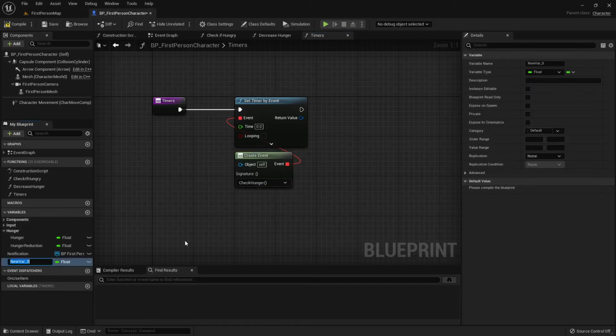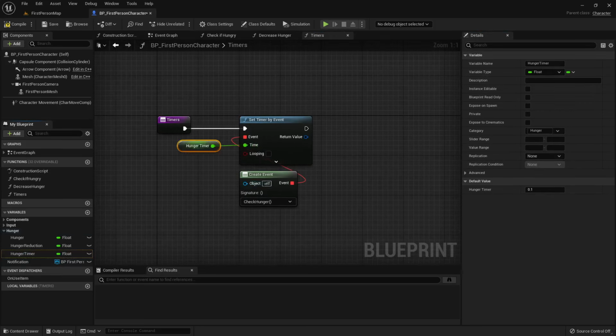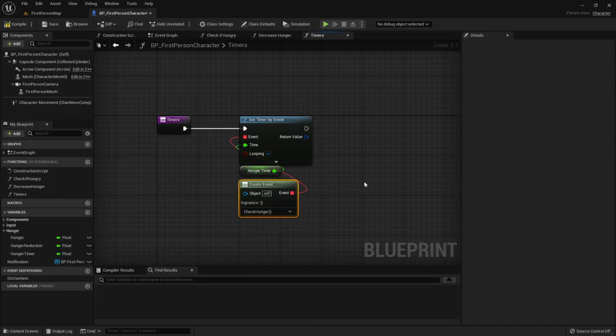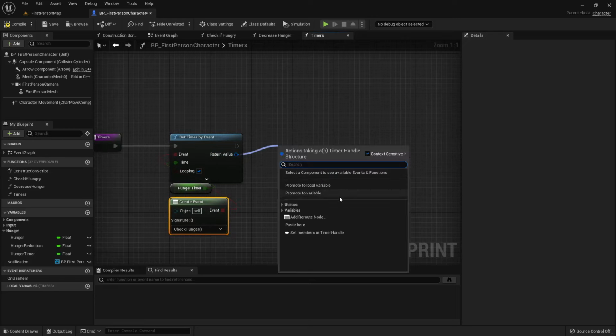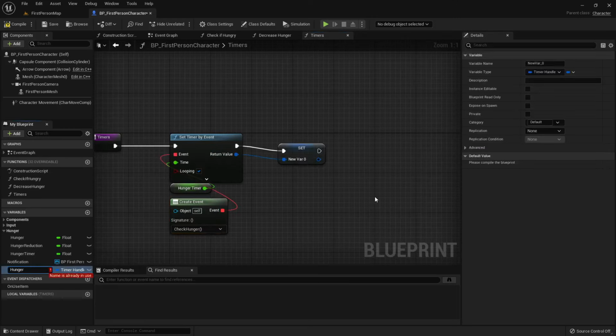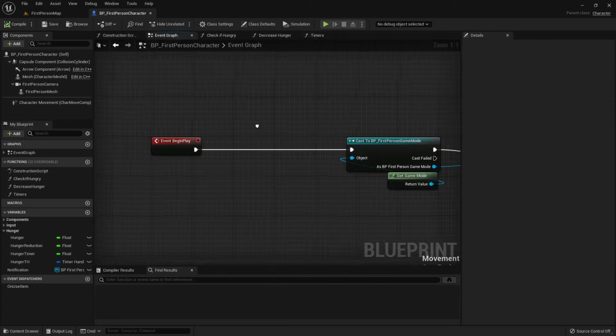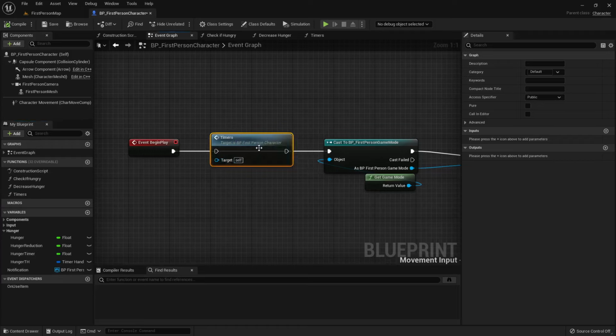We're going to create a new variable called hunger timer. Compile that, change this to 0.1, add this into the category of hunger, add that into time, make sure looping is ticked, and we're going to pull off of the return value, promote to variable, and call this hunger th for hunger timer handle, and add that into the category of hunger. From here, you're going to add a return node, compile that, go into your event graph, add the timer here,